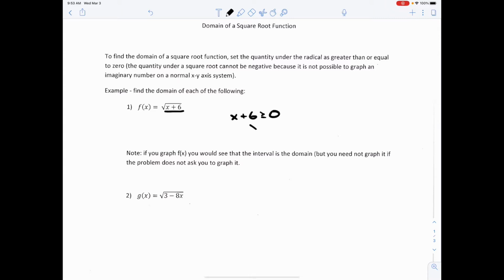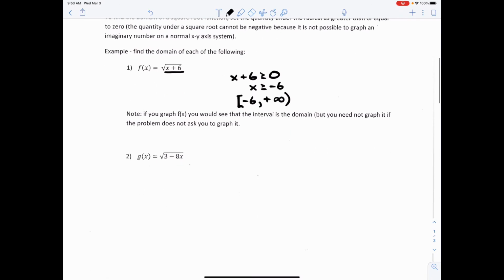Okay? So we have x is greater than or equal to -6. So what's the domain then? It's starting at -6 and going to positive infinity. Okay, so when you graph this thing, that's what its domain is going to be. Okay, in this case, for the domain, again, you take the quantity under the radical, doesn't matter what it is,